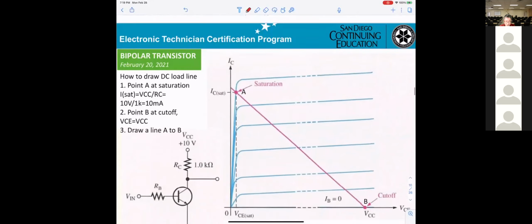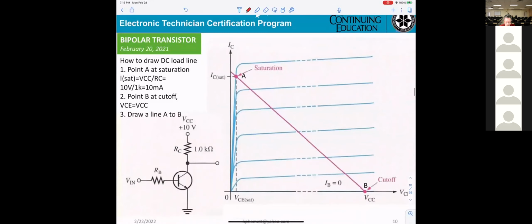Now, that's what they're talking about, the DC load line. You can see you get a point A, point B, and you get a line. So if you get right here, you can get that Q point. Okay? So you can get IB, IC, IE.